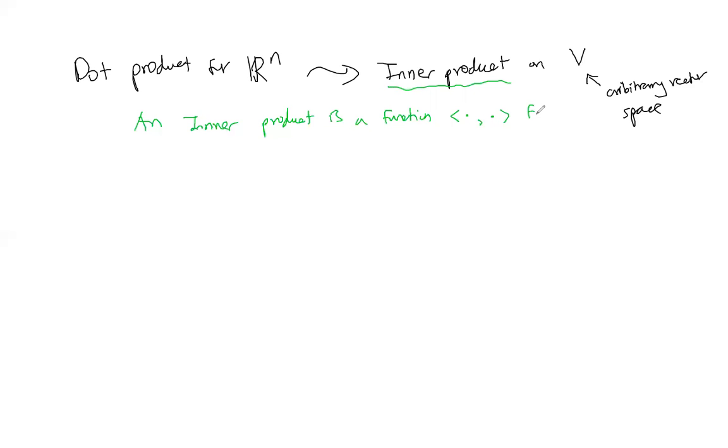It's a function from two copies of V, so it takes in two vectors of V. This is a Cartesian product. And it outputs a scalar. So the normal dot product takes in two vectors and outputs a scalar, and so does an inner product. And it satisfies essentially the same conditions